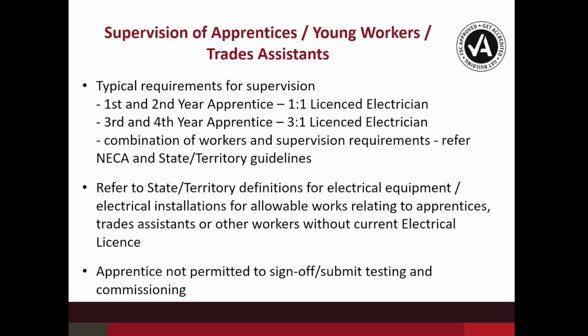When we start to mix and combine those, in terms of we've got 1 third year and 2 first years, then we start to look to the actual NECA guidelines, which is the National Electrical Contractors Association, and then the state and territory requirements, where quite a number of states actually provide supervision guidelines in that space. So we would look to that in terms of who's qualified versus who's an apprentice versus trades assistant, etc. And then we look also to the scope of works that they're undertaking, in terms of if it's for a cable tray installation that's not yet part of the system